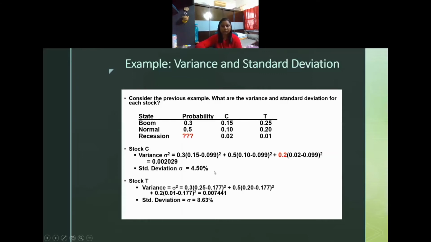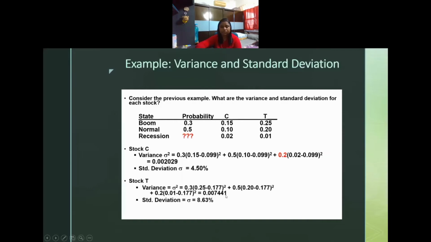All right. So basically over here the same application that we're going to apply in stock C2. So we have to count the variance. So the variance is 0.3 open bracket 0.25 minus 0.177 close bracket squared, and you add on 0.5 and then open bracket 0.20 minus 0.177 close bracket squared, and you add again 0.2 open bracket 0.01 minus 0.177 close bracket squared, you get about